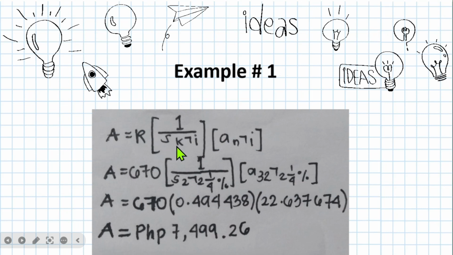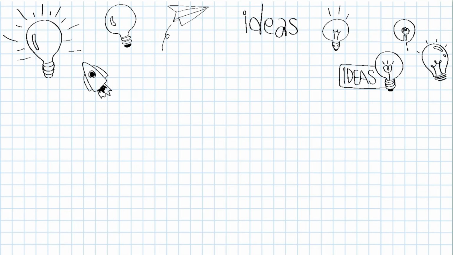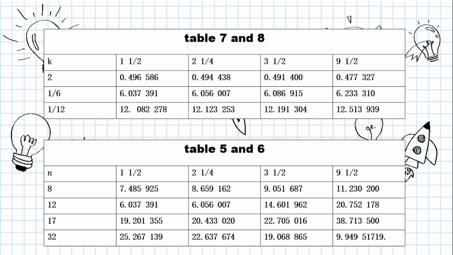So this is our solving. First, let's put the formula. We will find the A because we will find the present value of the annuity. And then let's put the given here in the second line: R is 670, k is 2, i is 2 and 1/4, and n is 32 with i of 2 and 1/4. To get our third line, we should find these values on our table. In tables 7 and 8, we should find our i, which is 2 and 1/4 here, and our k is 2, which is here. So let's line it up here and we will get